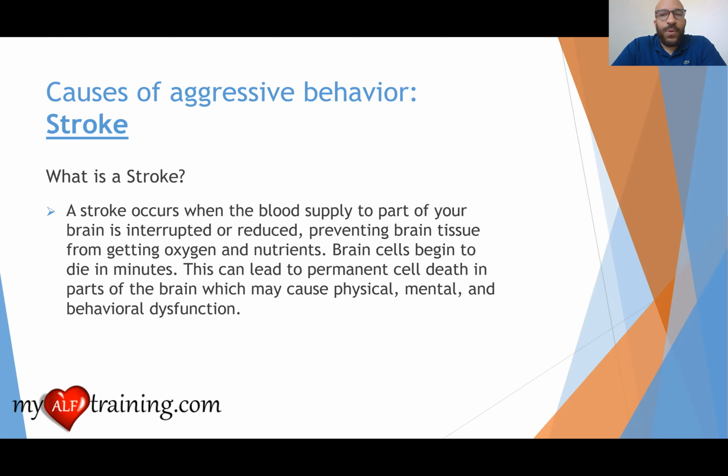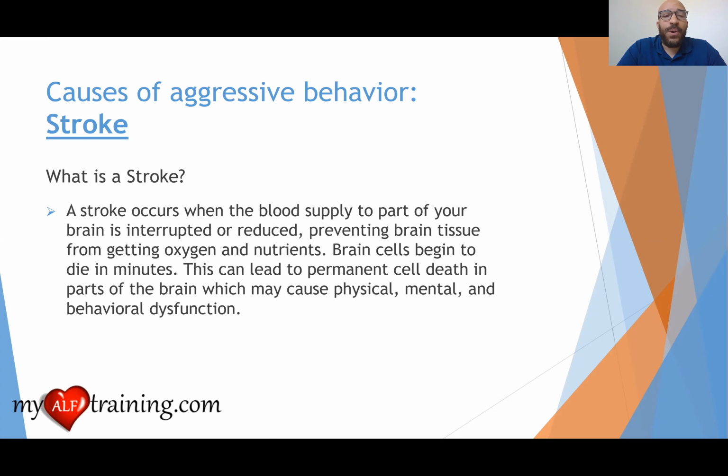Last but not least, I want to talk to you about stroke. So we've talked about dementia, we've talked about Alzheimer's disease, and last, we're going to talk about stroke. Remember, stroke is the number one cause of disability in elderly in the United States. So what is a stroke exactly? Many of you have probably heard, either know someone that had a stroke or know someone who had a stroke. So we all have some idea. We've heard the word. So quite simply, a stroke is a name for an event that occurs inside your body